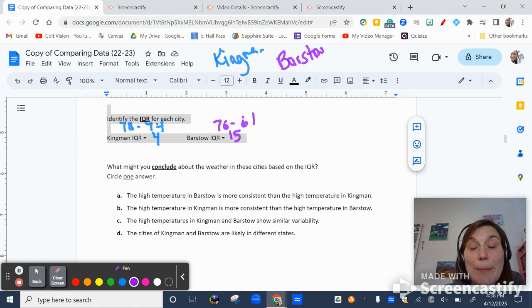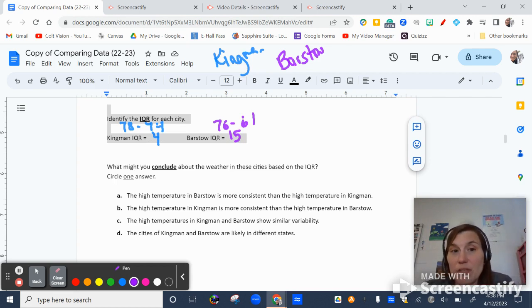Okay, so based on the IQR, what am I going to conclude about it? It says, which of these is true? The high temperature in Barstow is more consistent than the high temperature in Kingman. The high temperature in Kingman is more consistent than Barstow. The high temperatures have the same variability, or they are likely to be in different states. Whether or not they're in different states,